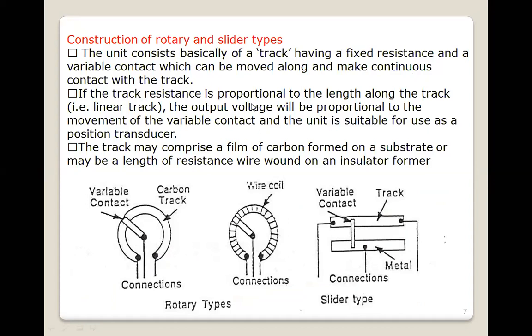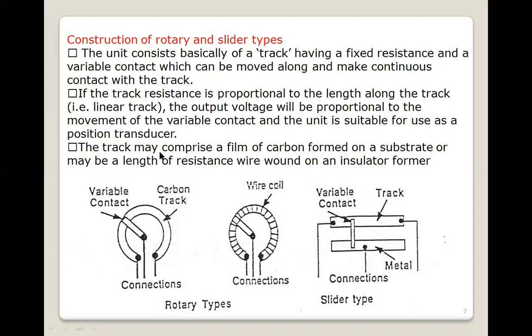If the track resistance is proportional to the length along the track, either in linear or angular form, the output voltage will be proportional to the movement of the variable contact, and the unit is suitable for use as a position